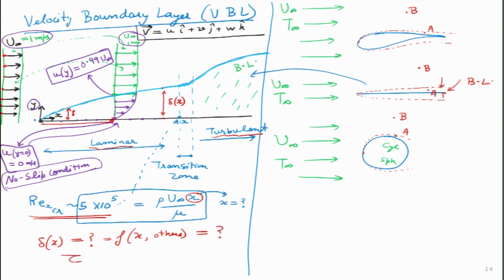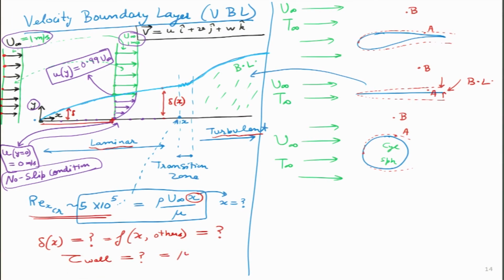What is the shear stress at the wall? The expression for shear stress is mu del u by del y, and the wall is defined as y equals 0. But I want to know what is its value. The third thing I want to know is, if there is shear stress acting on this wall, then something is pulling this plate forward, this black plate, let me make it a little bit thick.